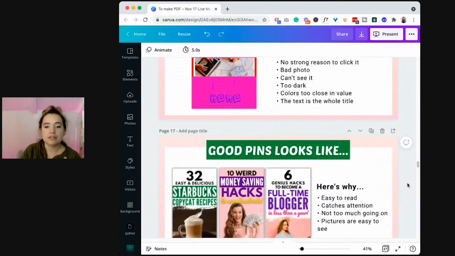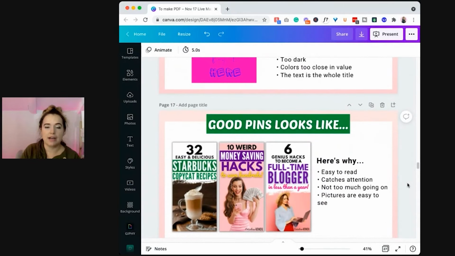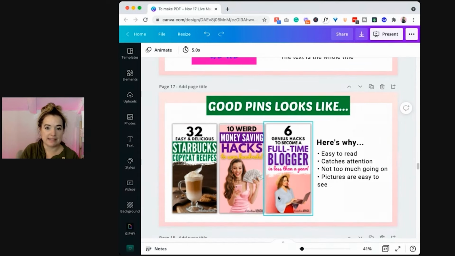So here's some good pins. Now, obviously, I don't like to toot my own horn, but I took some of my pins. I like my pins. That's why I make them. There's plenty of other ones. Like I said, Carly has a bunch of pins that are just fantastic inside of her pin membership. And she talks about all of the changes and everything each month. It's really great. But easy call to action, big words that people want to see, using colors that make sense,